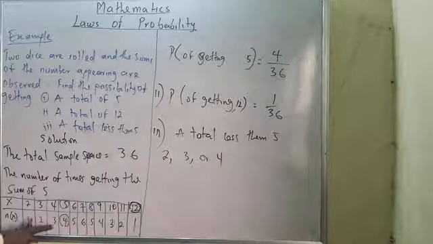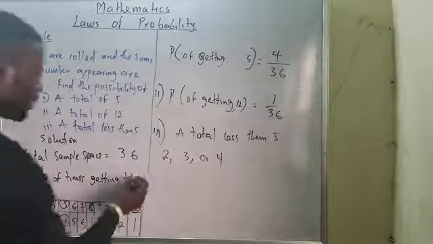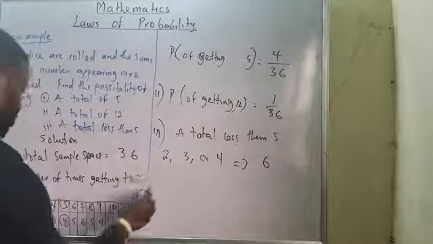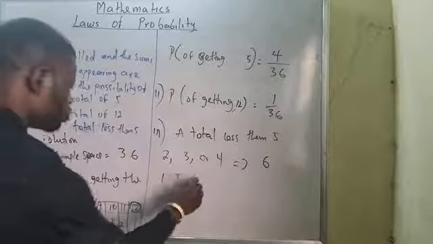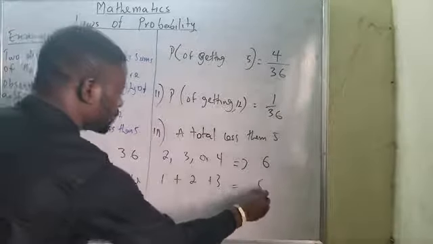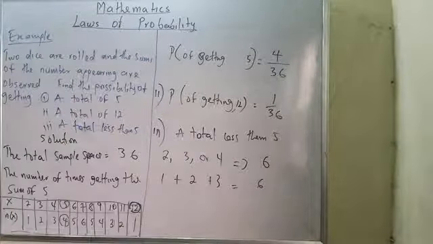This plus this, which is 6. Now, the total number of outcomes there equals what? 6. Can you see that? This one is 1 plus 2 plus 3, which equals 6. Since I have that, it means